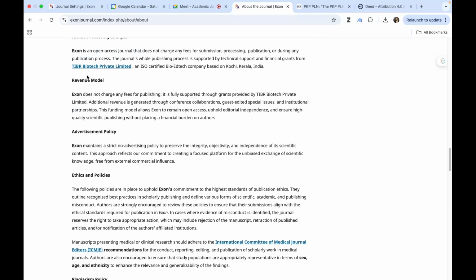And revenue model: even if you are taking an article processing charge, maintaining the journal will need more money. So for the people who are running the journal with institutional funding, that revenue model should be properly mentioned. If it is a profit or non-profit company, where they get the funding, all these things should be properly